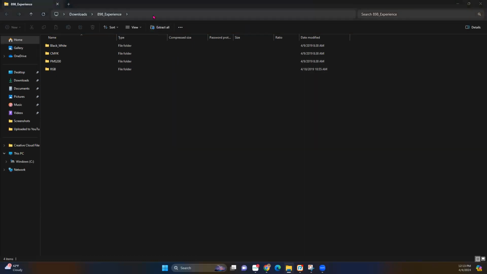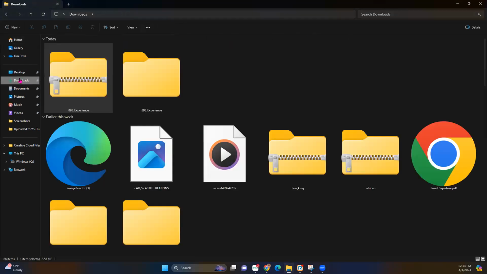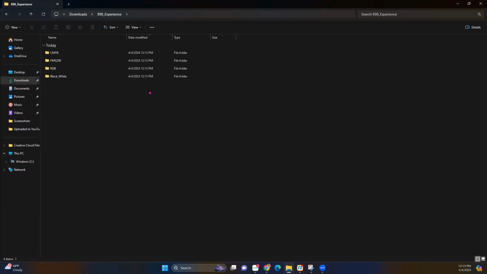I'm going to extract all. Oops, it's doing it on my other screen. And then from there, once it has done that, I can go back and find the new folder. Now from there, the primary two folders within that we're going to take a look at is the black and